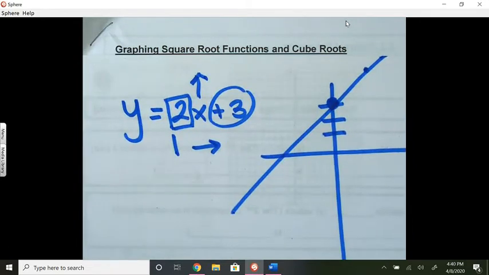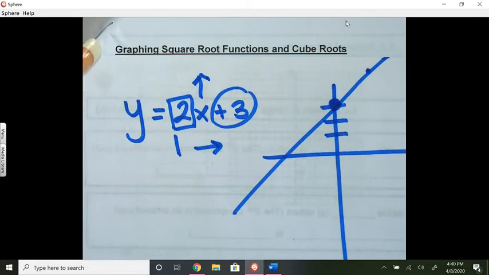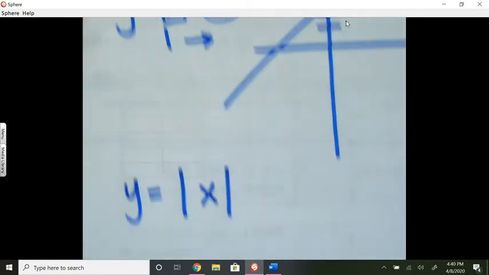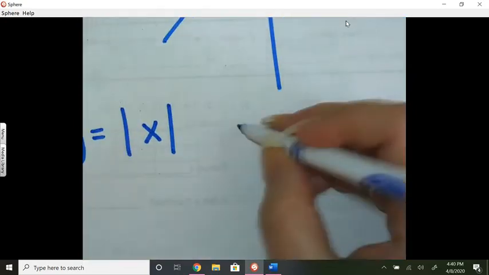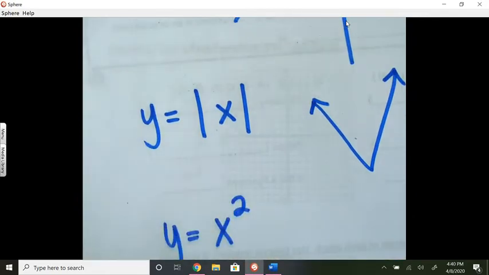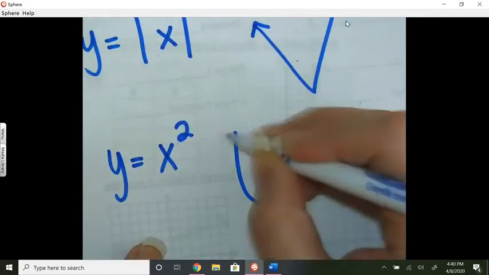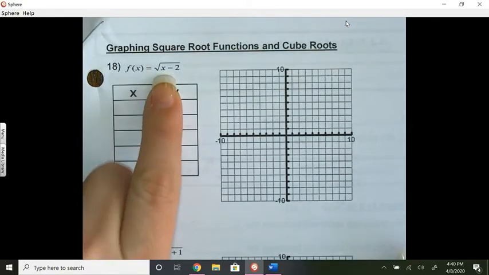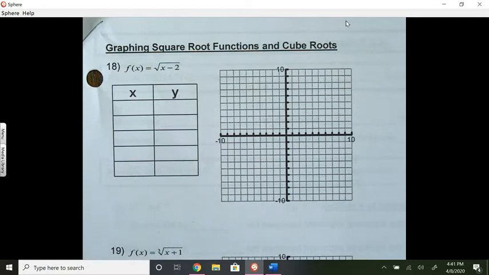Okay. And then each different function, depending on what the function looks like or what the exponent is, would make a different looking graph. For example, we learned that when we had an absolute value equation, it's going to make the v-shaped graph. And we talked about if the equation's highest exponent is a 2, it's going to make the parabola-shaped graph, and so on. So if you look at the square root of x minus 2